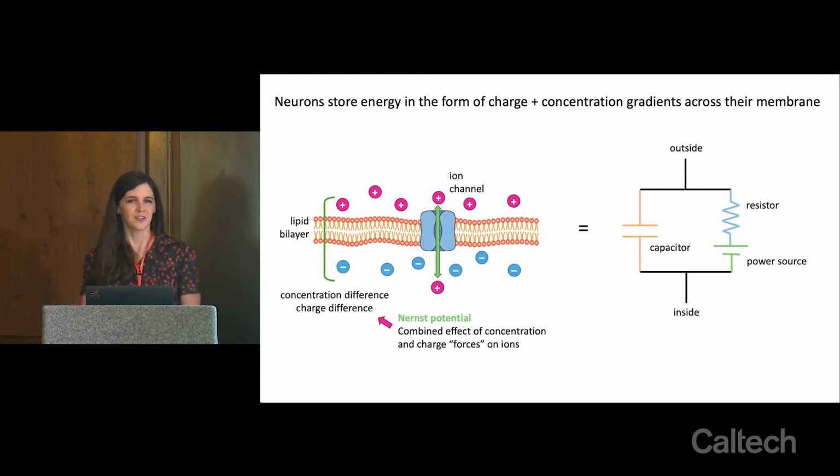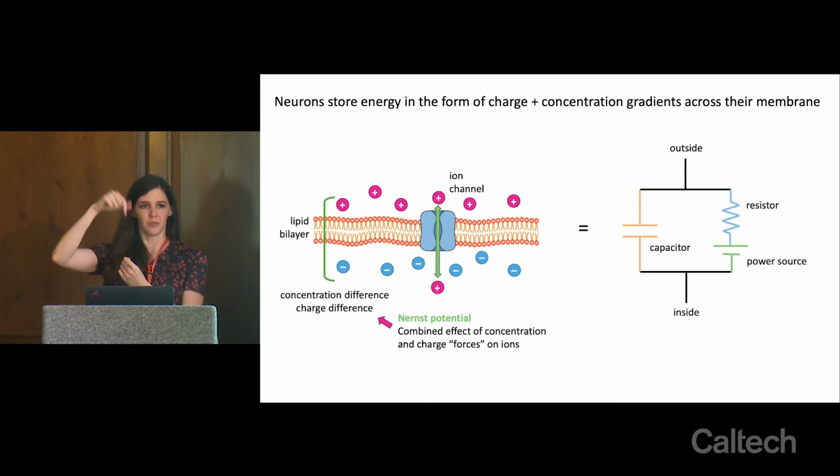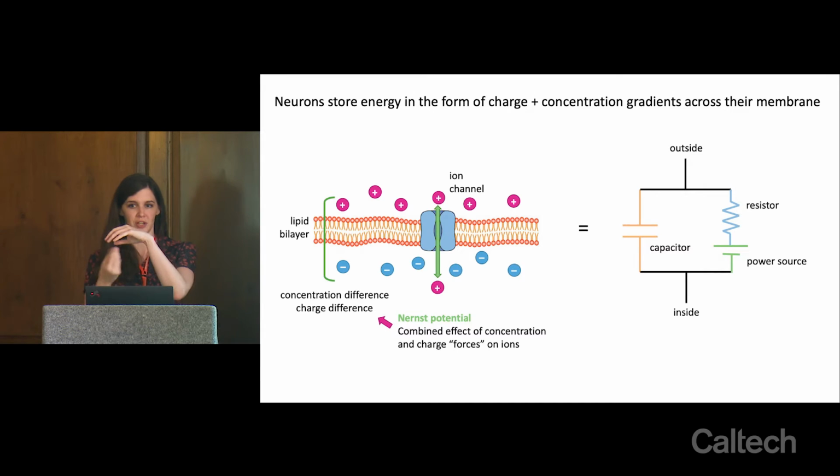So if you think about this and you think about electricity and magnetism, you might realize that this is pretty much acting like a capacitor. A capacitor is a set of charged plates with an insulating material in between those plates. And when you deposit charge on one of the two plates, it's unable to cross to the other side, so it induces a charge on the opposite side of the plate. Similar to in a lipid bilayer, you can have charged particles outside and inside the cell, but it's very difficult in the absence of tunnels to pass through this bilayer and distribute charge across the membrane.